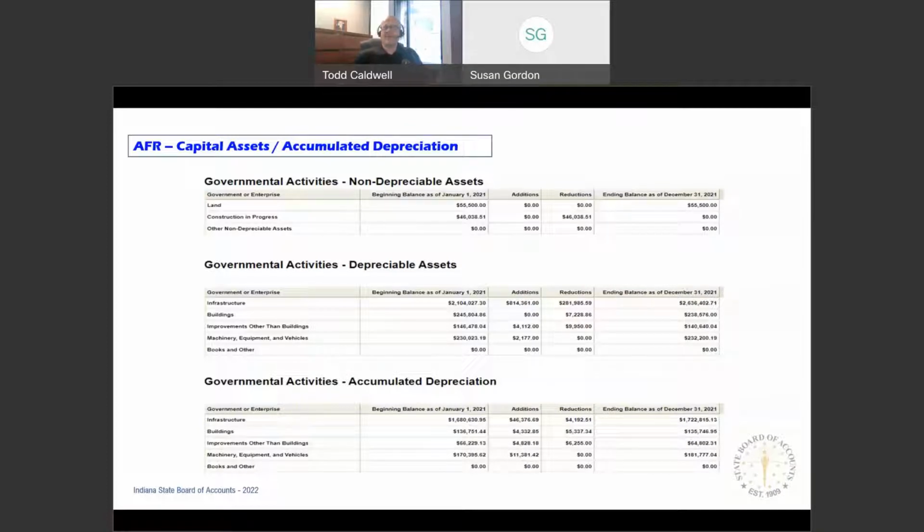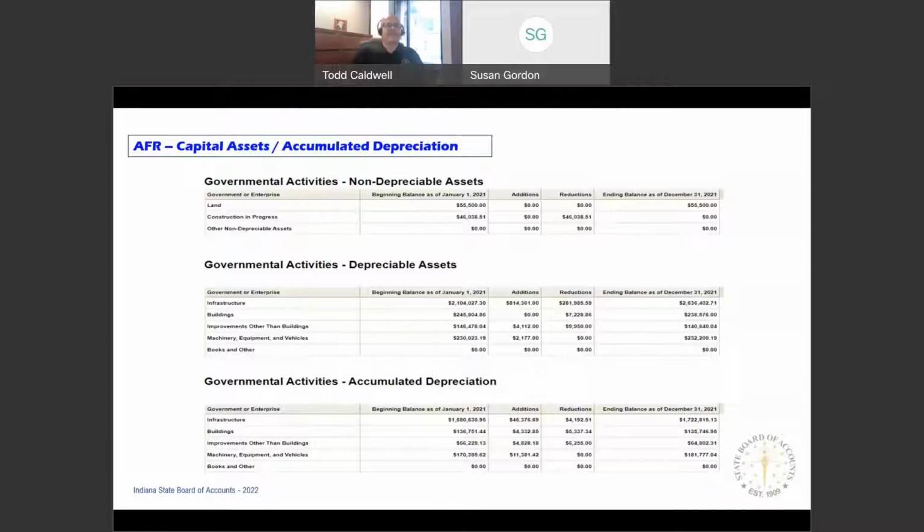So if you've got more questions about what is a capital asset or what's my threshold or depreciation, what is it, why am I doing it? Again, you can refer back to those previous trainings and materials from last year. What you see on your screen is an example of real data that was entered by a town, submitted on their annual report. And it looked very good just in going over some of it. So I wanted to use it as an example and point some things out.